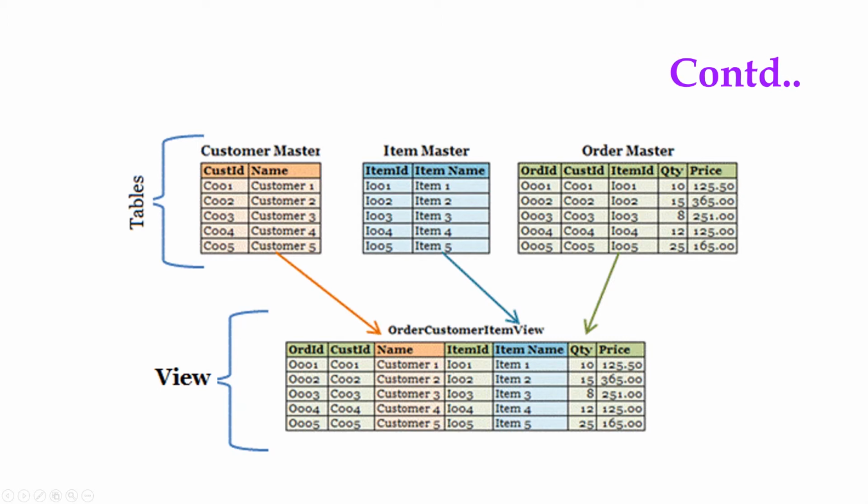Now in their software they will be maintaining different tables for different things. For customer information they are maintaining one table, for items they are maintaining another table, and for orders they are maintaining another table. But actually what is needed for the user? He wants only the bill details, that is the quantity and the price for the items which he has purchased.